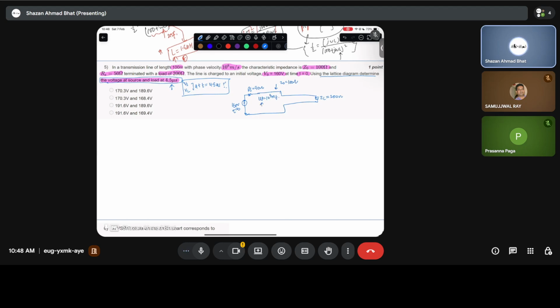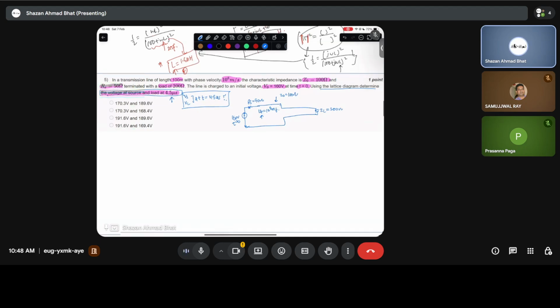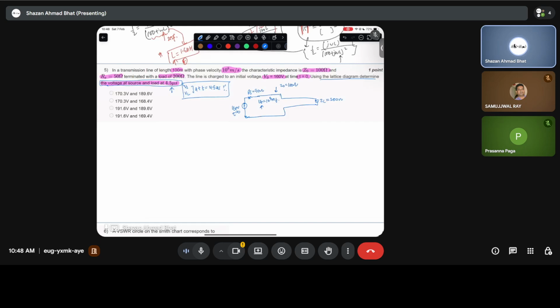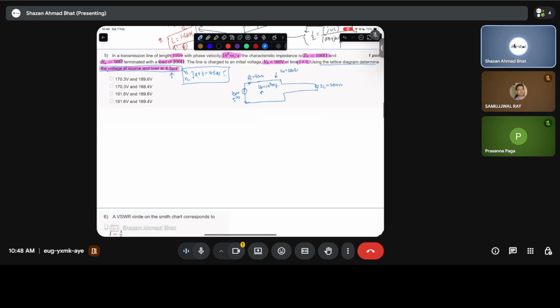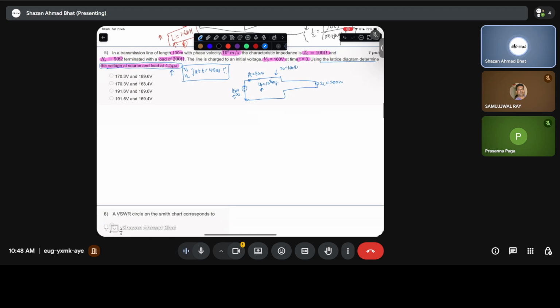I have not discussed the difference between the phase velocity and group velocity. Maybe you will get to know about these things in the upcoming weeks, where we will discuss them in detail when we talk about the electromagnetic wave properties. Right now, just treat it as the velocity of this particular wave, which is not true, but just treat it like this, with the velocity with which it is moving through the transmission line. But it's not exactly that. Let's just simplify it for the time being. And now, what else are we given? That's it. So now the first and foremost thing in these questions is to compute